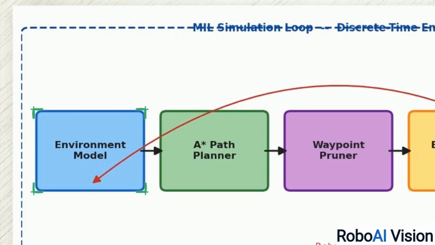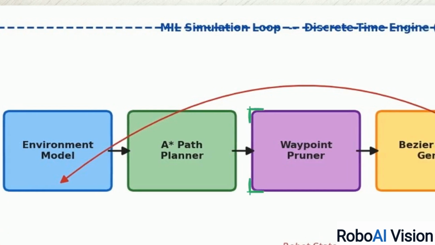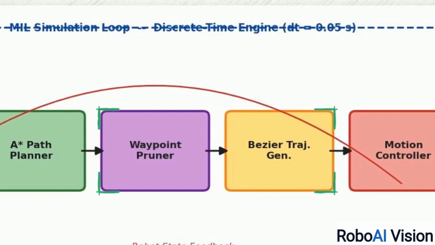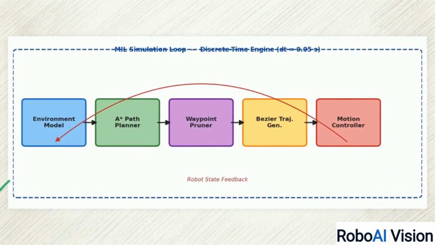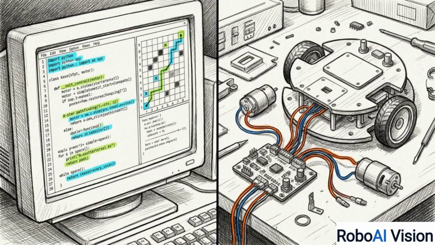independently. This data flow pipeline begins with the environment model passing occupancy data into the A-star path planner. The path filters through a waypoint pruner and trajectory generator. Finally, the motion controller translates coordinates, and the robot model feeds its state back, closing the loop. Decoupling the logic from the hardware in this way allows for the aggressive optimization of individual components in the navigation